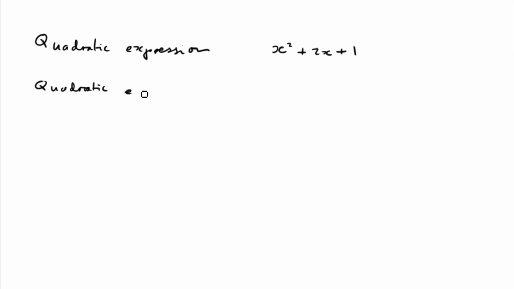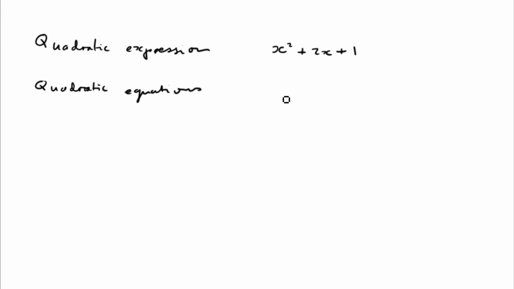We have previously looked at quadratic expressions. So what's an example of a quadratic expression? Well, an expression in general is just something which lives its own existence unconnected to other pieces, whereas what we're going to be looking at in this section is quadratic equations,